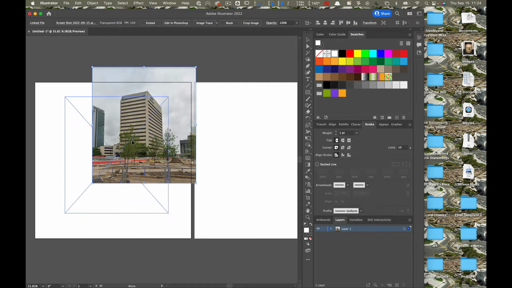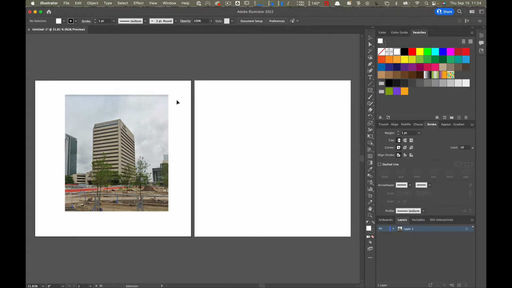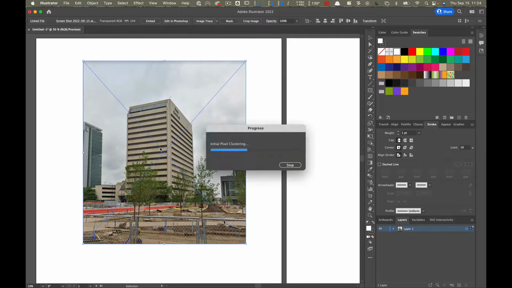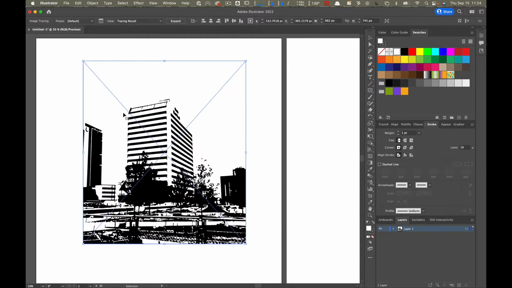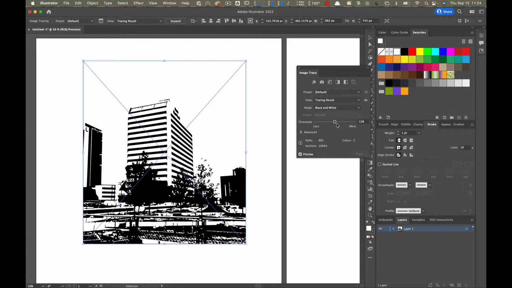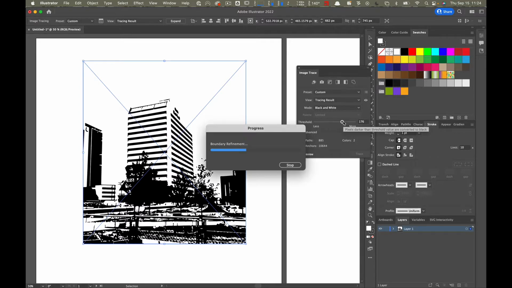There we go. Okay. So in Illustrator, if you just dump an image in, you can image trace it. If you select the image, it'll show up here in the option bar and you just hit image trace. What we're looking for is something close to that. If you click on this box here, you open up your image trace panel and you can really dial that in.